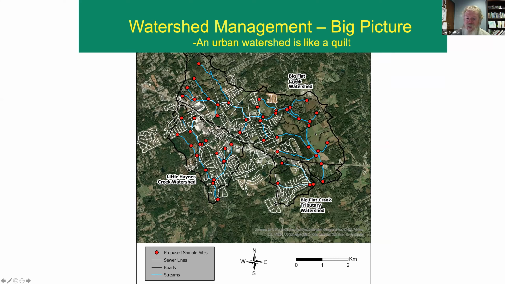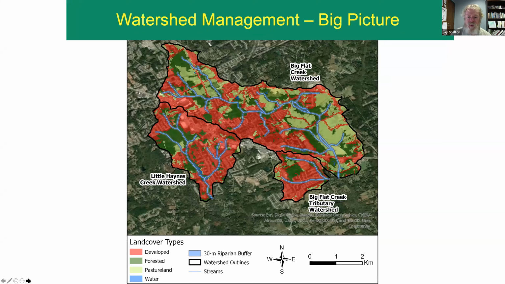And if you can, and thankfully now we have the capacity to do this, if you can put all these layers together, you can make some decisions about where the likely sources of impairment are, where we're probably going to see problems versus where we won't. What that can help to do is to give us a better understanding of how to make decisions at that watershed scale, recognizing that much of what we do on dry land has an impact on the conditions in our waters, in our aquatic resources, whether it be ponds or streams.